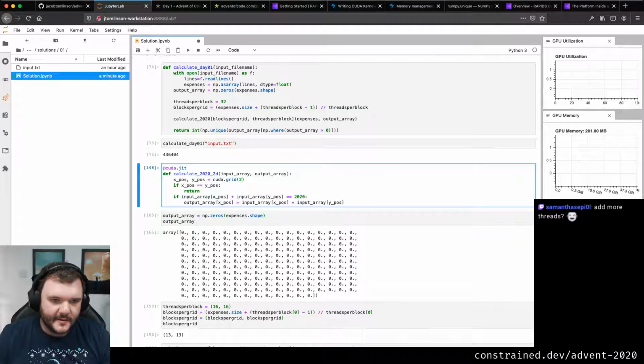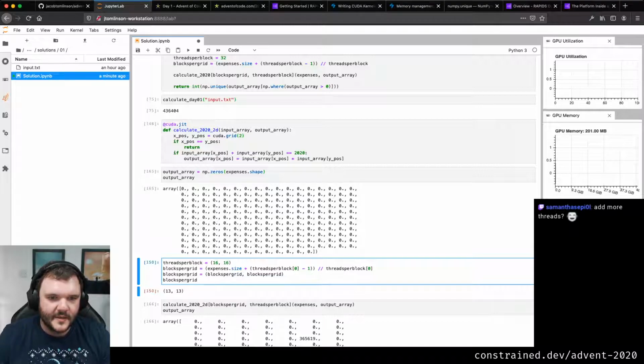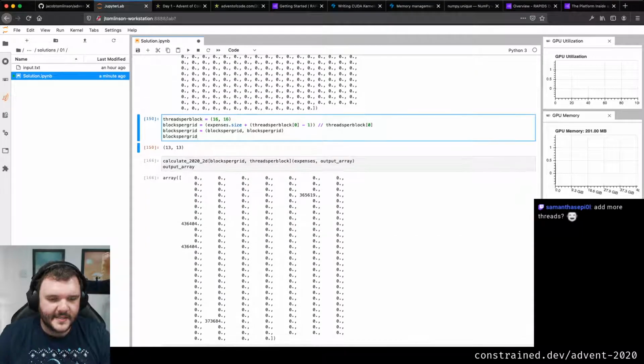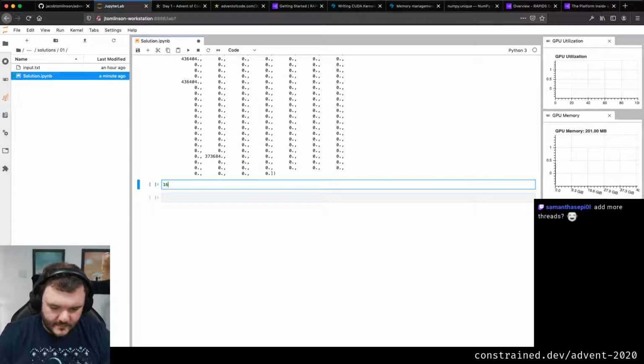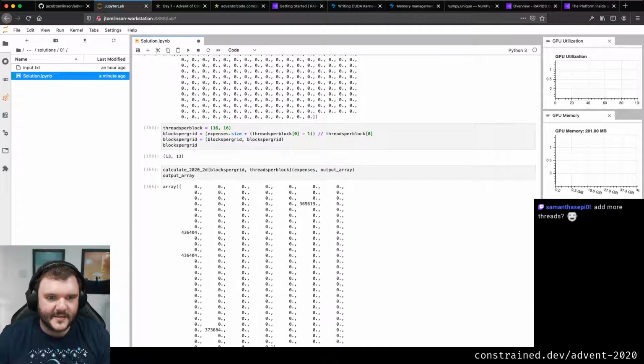I feel like I don't understand why, right? So I've got this 200 long array, and I'm calling that a number of times, which kind of makes sense, I think. 16 by 13. I'll go back. Yeah, so that is the right number of times to iterate over that. So I'm going over the array.